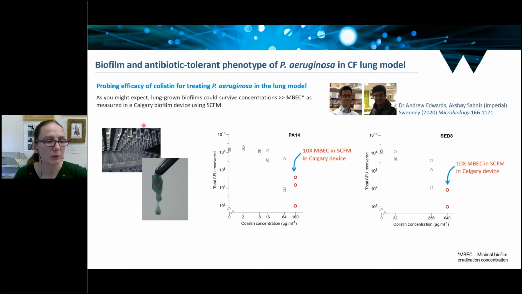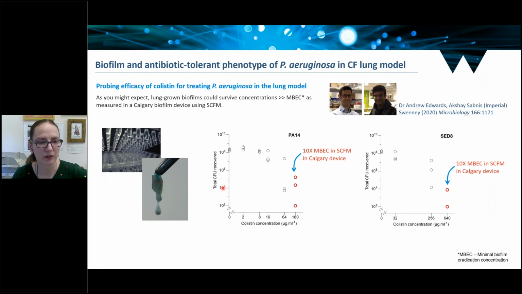So the first thing we did, we wanted to contrast how Pseudomonas responded to colistin in a simple standard in vitro model versus in our lung model. And so we started off with a Calgary biofilm device, and this is a really simple high throughput way of growing biofilms in the lab. It uses little plastic pegs that sit in the wells of a 96-well microtiter plate, which you can fill with your synthetic CF mucus, grow biofilm on the pegs, then expose them to antibiotics, see how many die. And then we also tried growing biofilm on our pieces of lung tissue and moving that mature biofilm into colistin and seeing how many bacteria were left alive.